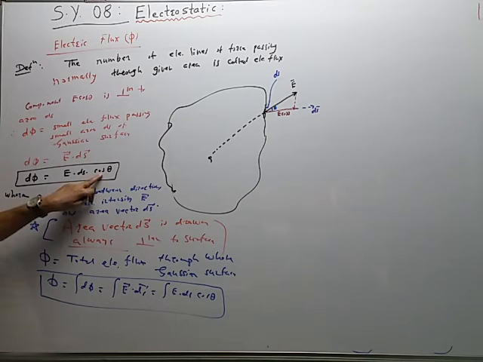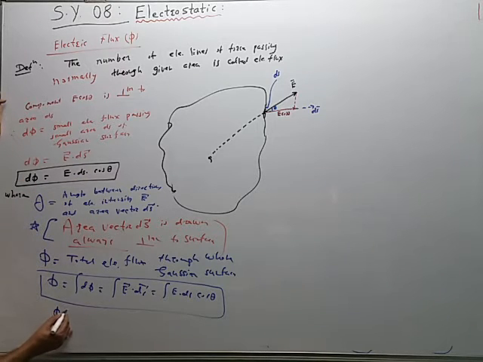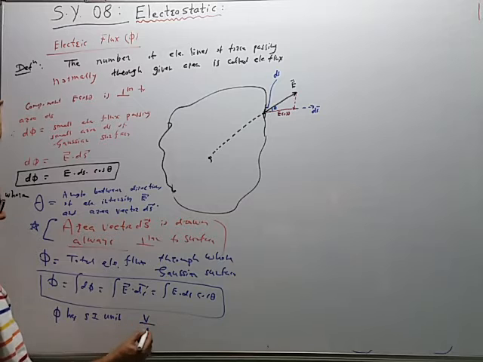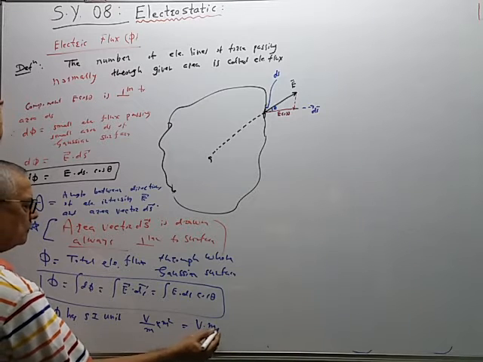Now we know that any trigonometric function has no unit. Intensity is in Newton per coulomb and this is in meter square. So phi has an SI unit, volt per meter multiplied by meter square, so that is equal to volt into meter, or